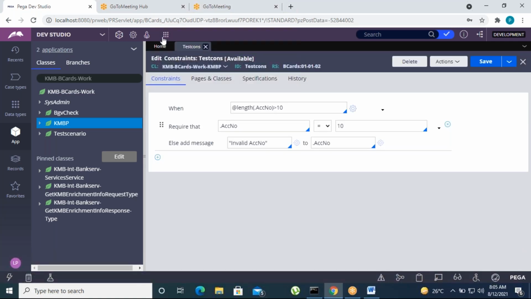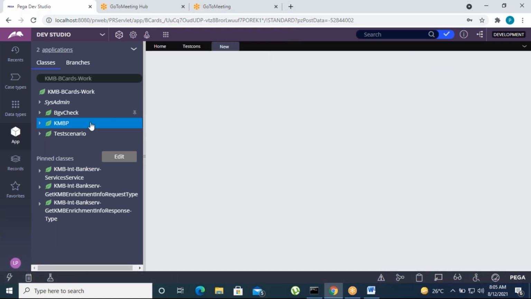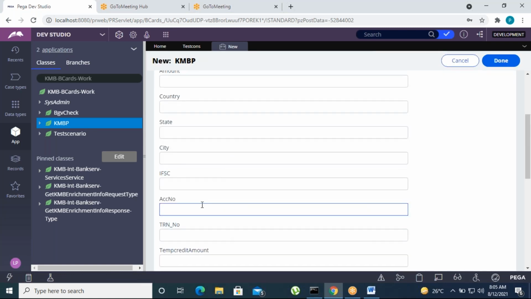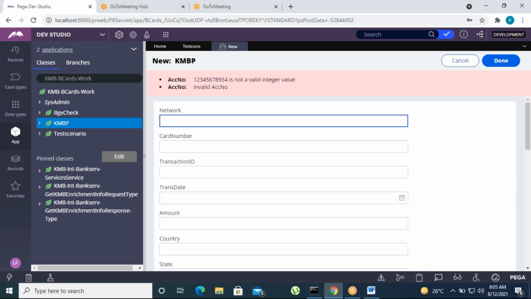Why is it allowing? See, it is displaying some error message here itself, correct?